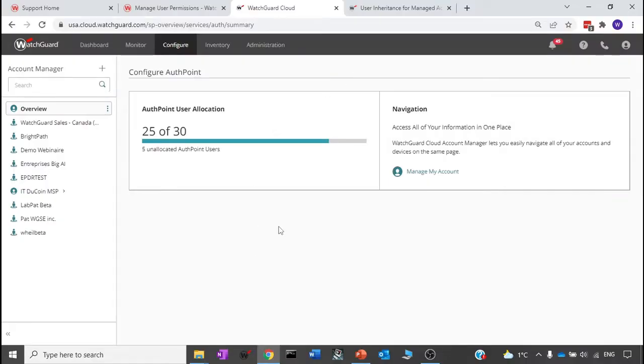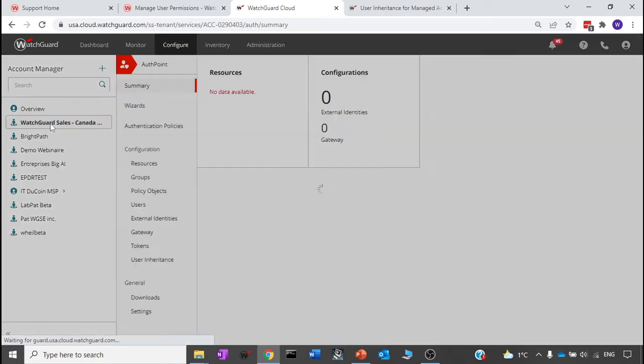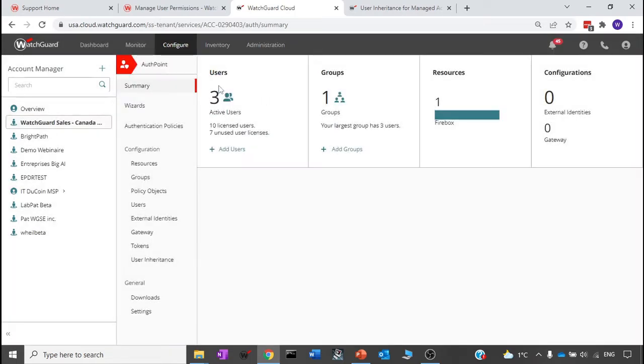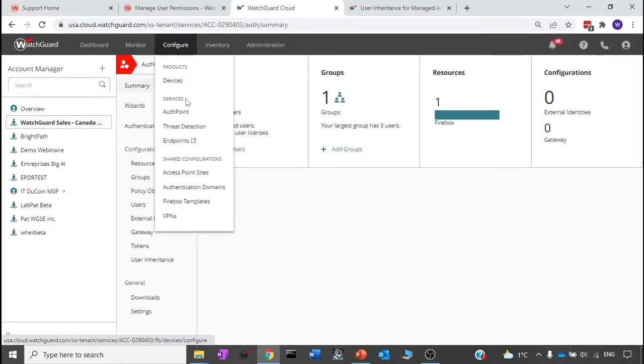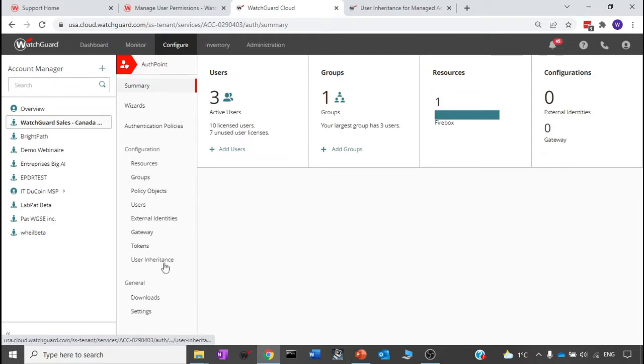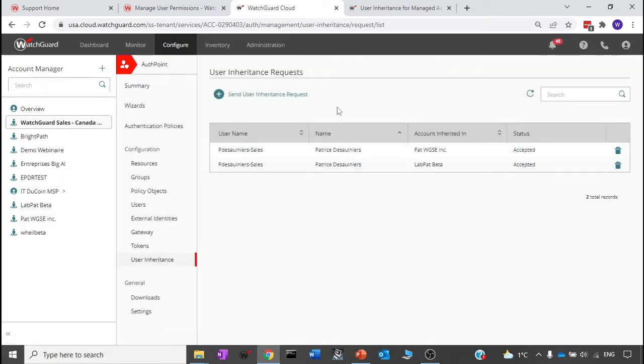Okay, we are back here into the dashboard of WatchGuard Cloud to see the user inheritance. We're going to go to the WatchGuard Sales Canada My Account, which is the service provider level. And this is where I'm going to go to configure and configure AuthPoint. Under AuthPoint, you will see the user inheritance. And when you click on that, you will see here the list of the users and their names and the account that's been inherited in, and it's been accepted or rejected from the operator on the sub level,